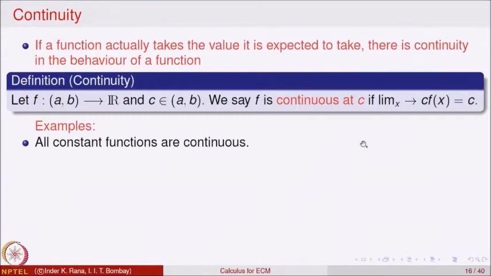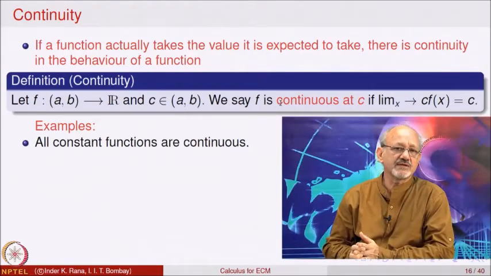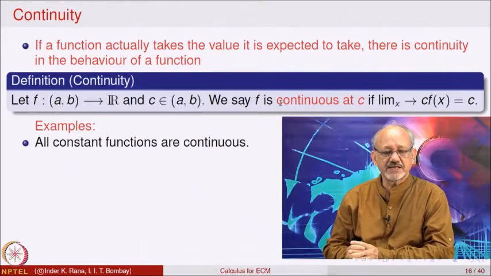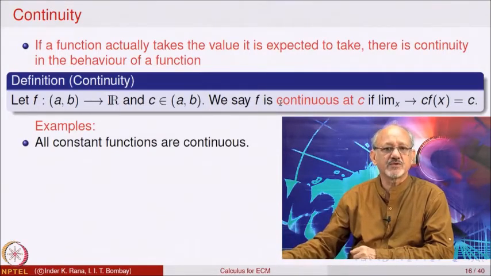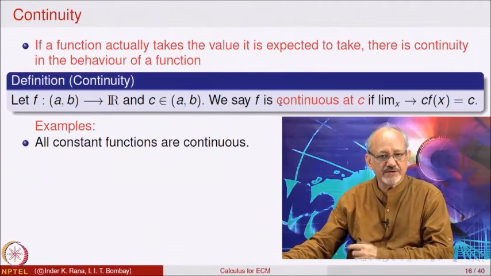So, let us look at some examples to illustrate this point. What we are saying is continuity means the function should be defined at that point, the limit at that point should exist, and the limit should be equal to the value of the function at that point. So, that is what is called continuity. There is a continuity in the behavior. What you expect the function to do, it is actually doing it. You predict looking at the values nearby,